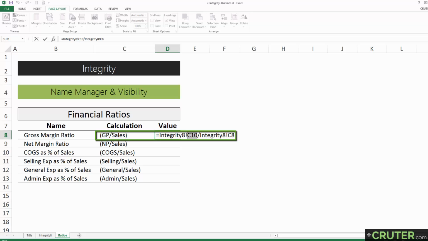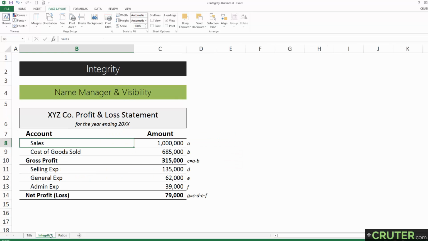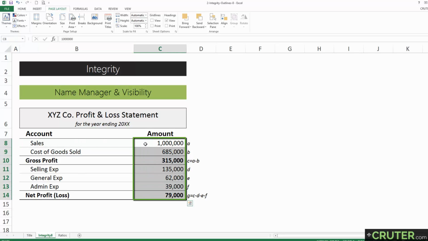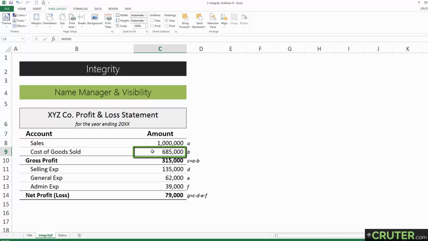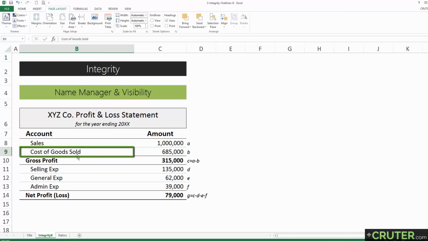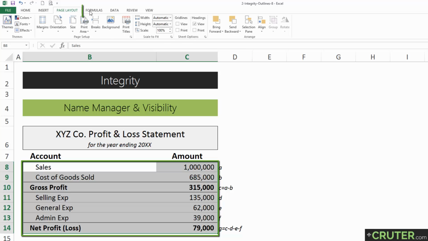This is what Name Manager helps us do. So let's go ahead and set that up. I'm going to hit enter and navigate to the Integrity tab. What we want to do here is change the name of all of these cells to something more intuitive. For example, this $1 million is in cell C8, and we really want to call it Sales. Or for this next cell, C9, we want to call it Cost of Goods Sold, because it just makes more sense. It's intuitive. So we can select the range and go up into the Formulas ribbon,